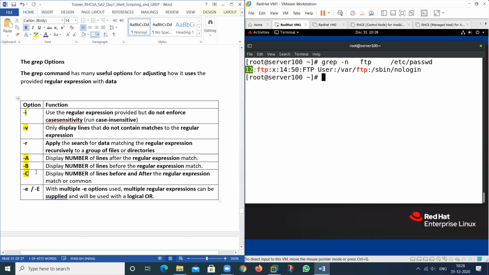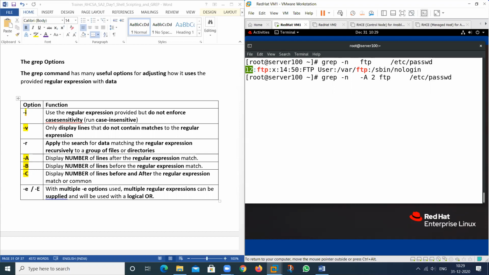So these three things are basically used to search the thing before and after and between also. See here, I want to search a value after this particular FTP. Print two lines also after the FTP. It means 13 also prints, 14 also prints.